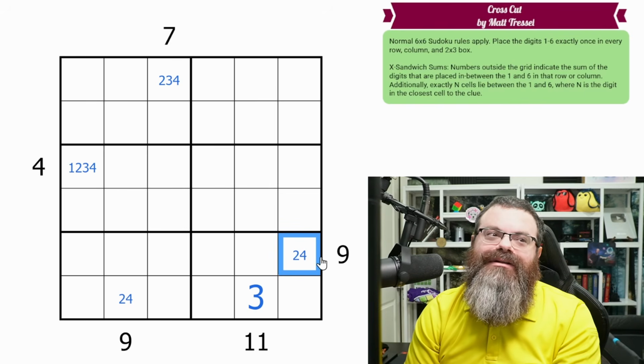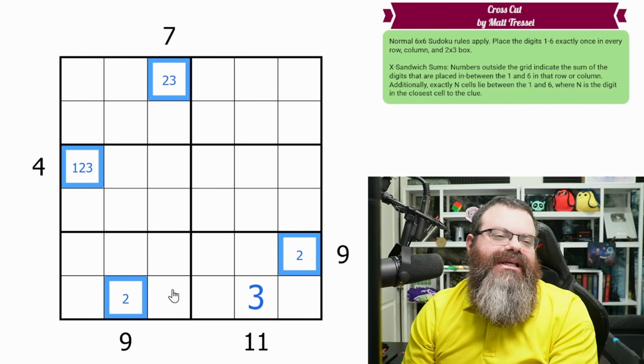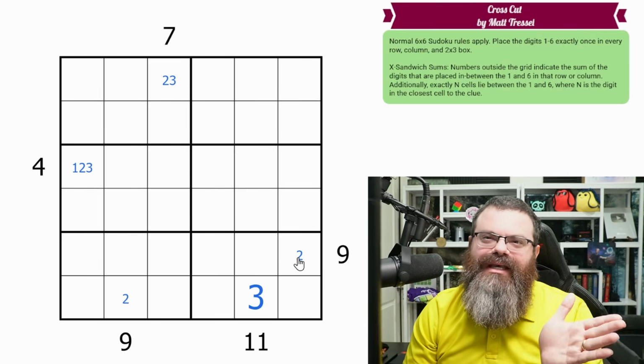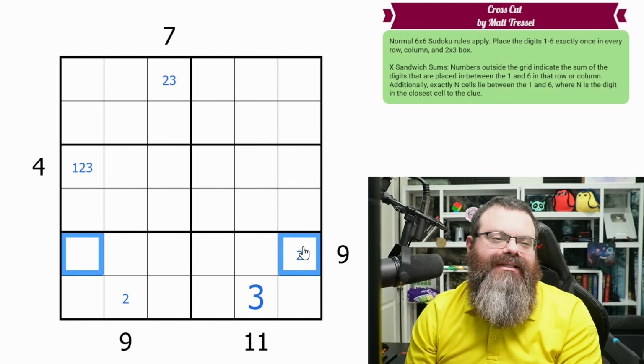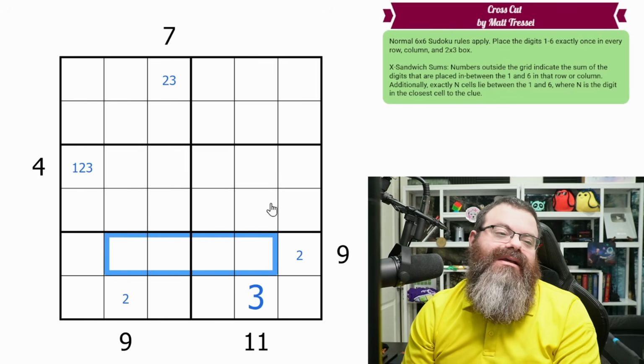We should have thought of that earlier. These can't be 4 because 4 always adds to the same thing, which is 21 minus the 1 minus the 6. So if you had the 1 and the 6 on the edges, that lets us use 4. But that wouldn't actually work anyway. So there's multiple reasons. But anyway, the 1 and the 6 with 4 in between, the whole row adds